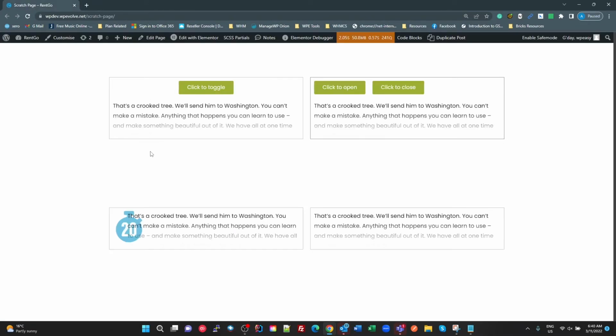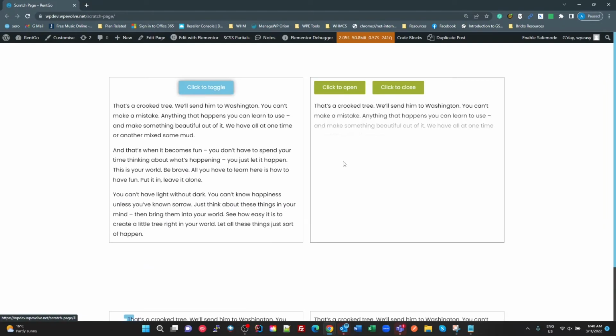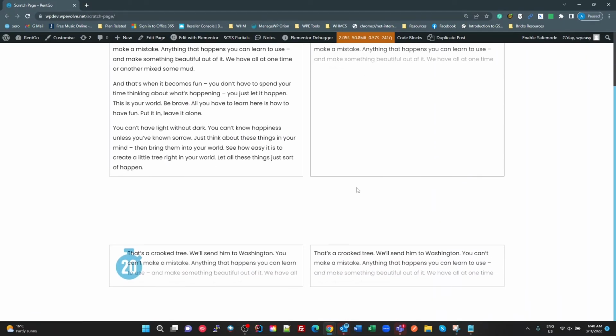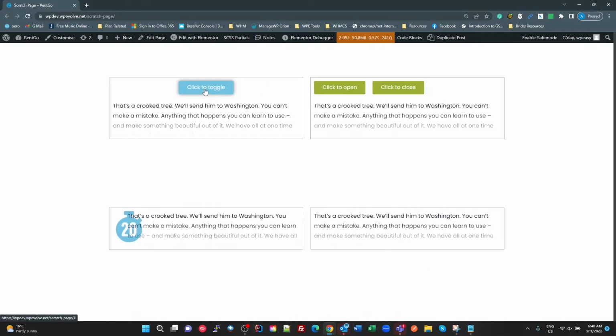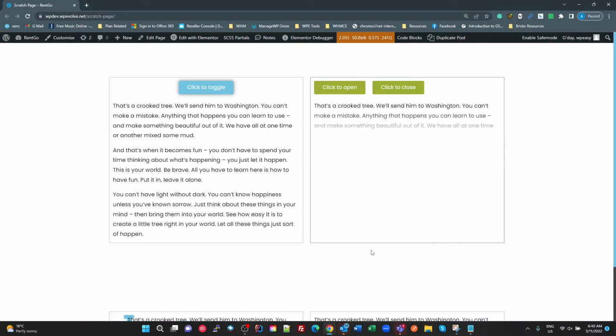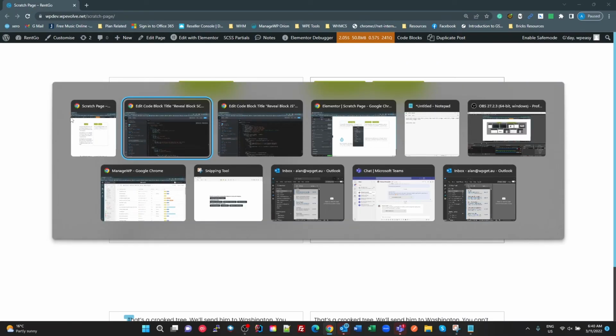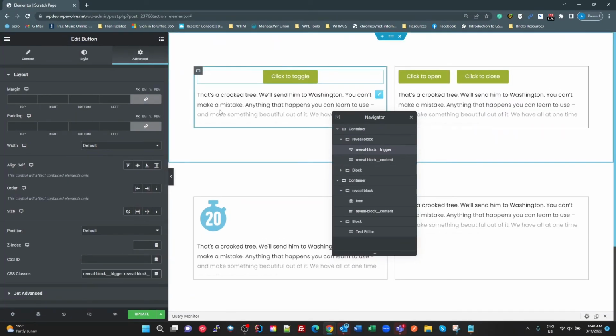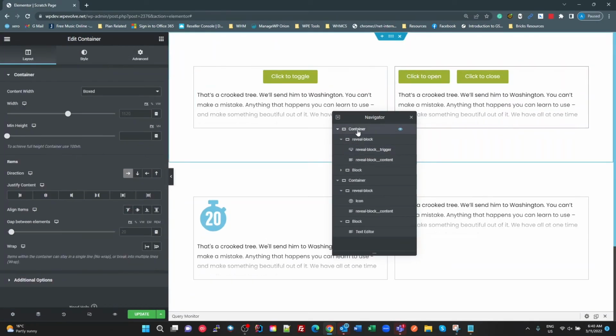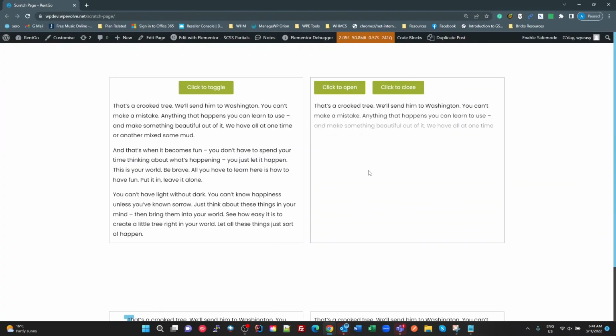Now, the other thing is here, see how all these are opening to the same height? That's because the container by default is set to stretch the contents. So if we go back to here and go to that main container for this block at the top here, all I have to do is tell it to align the items to the start. The default is stretch, even though it doesn't show it as being ticked there. So I tell it to align the items to the start, go back here, refresh,